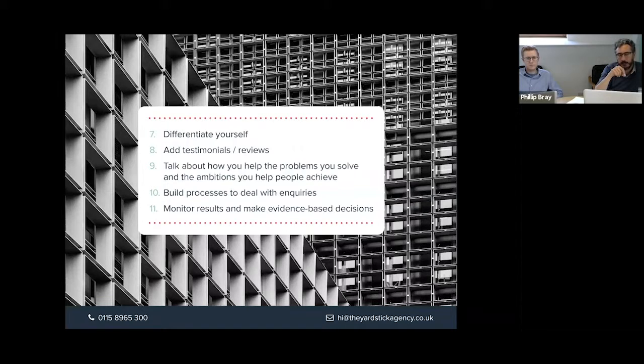And then add testimonials and reviews. Clearly on Vouched For, that's part of the whole point of being on there. You can add reviews really quite easily. You can send out a mailer via the Vouched For system to your clients to get reviews to start with. And then build into your processes, after each periodic review or when you've taken on a new client, talking to your client at that meeting about, would you be happy to leave a review?